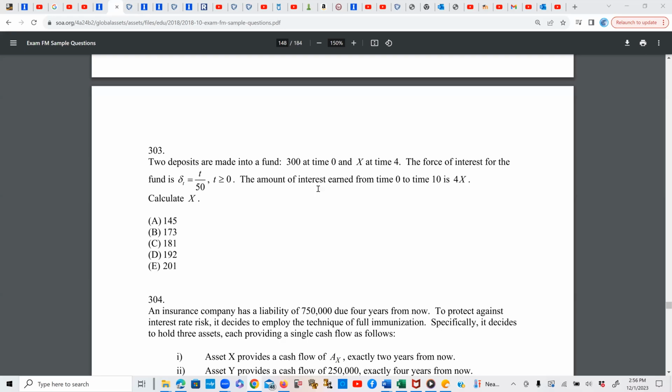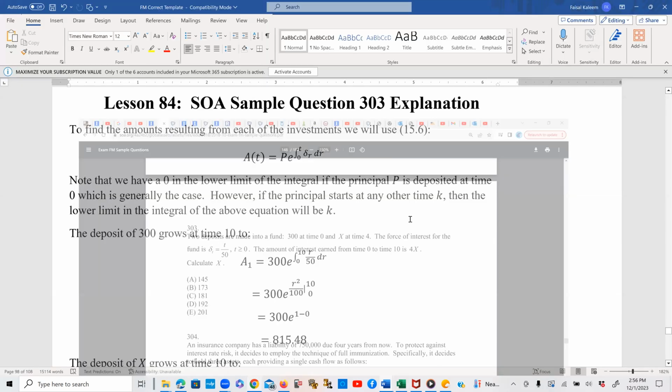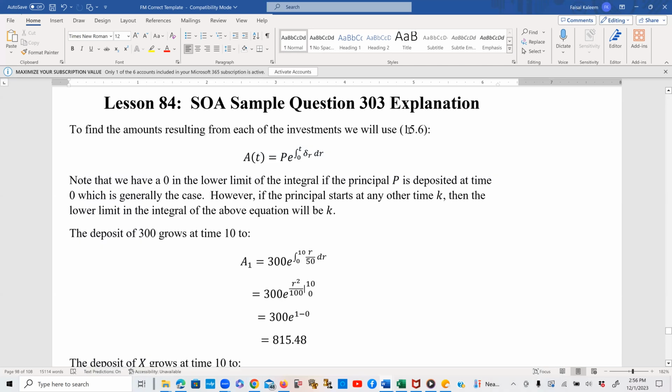Two deposits are made into a fund, 300 at time 0 and x at time 4. The force of interest is t over 50. The amount of interest earned from time 0 to 10 is 4x. Calculate x. So we will be needing equation 15.6, and if you've forgotten it, you can rewatch the video of